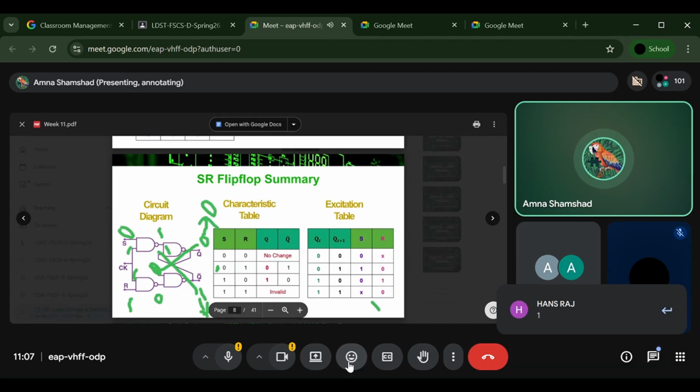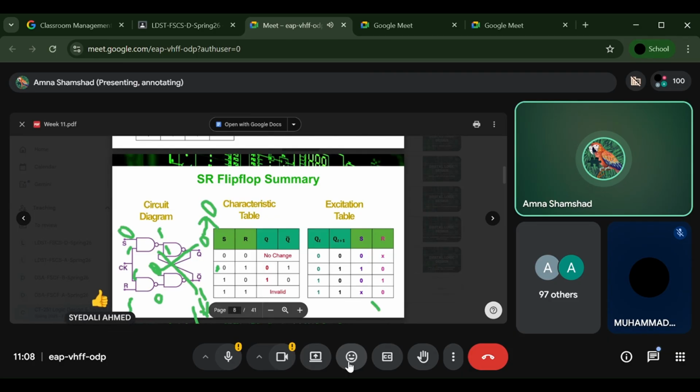On 1 1, the new output is 0, and you can see that it remains the same from 0 to 0. On 0 0, the output of this NAND gate becomes 1, and the previous is 1, so this is again 1. You can see the new outputs are 0 and 1. This means if I apply the reset signal, then this becomes reset, and the output is 0 and 1. Is this clear to all of you? Class, is there any question?